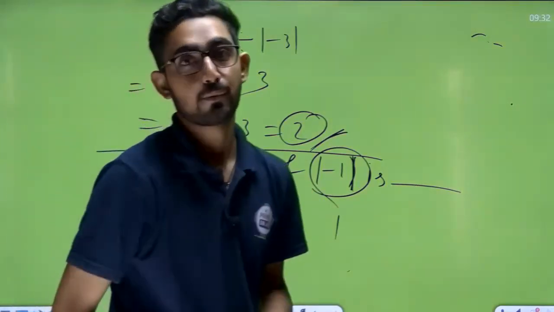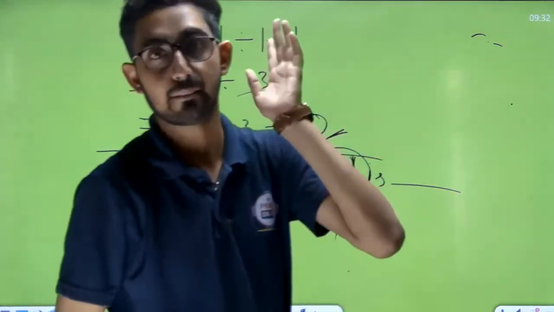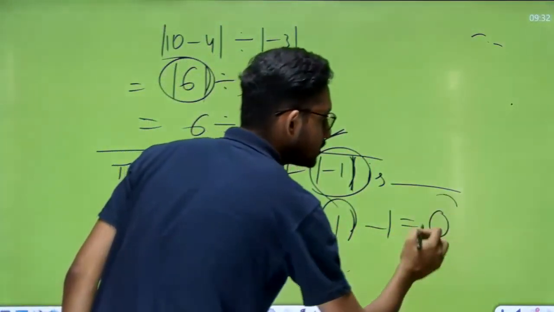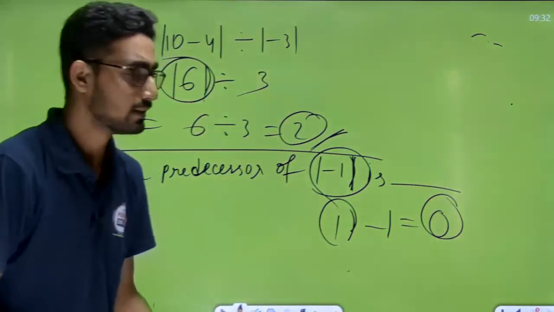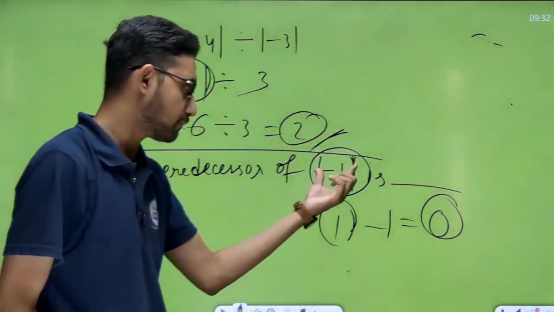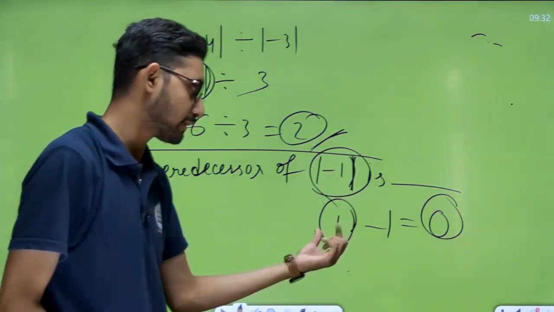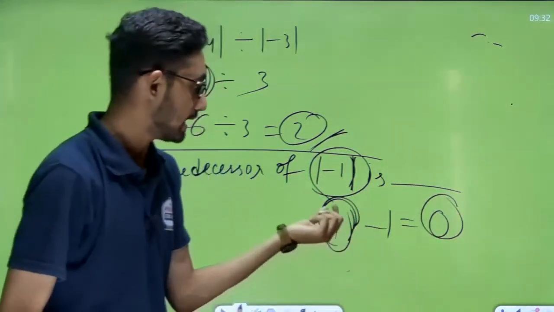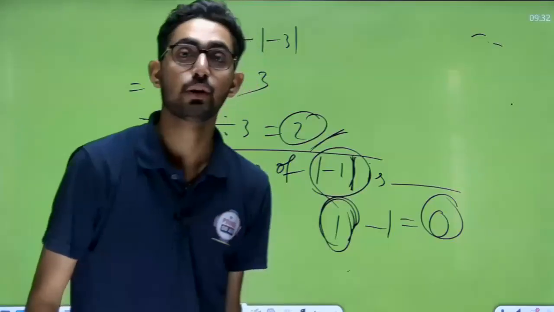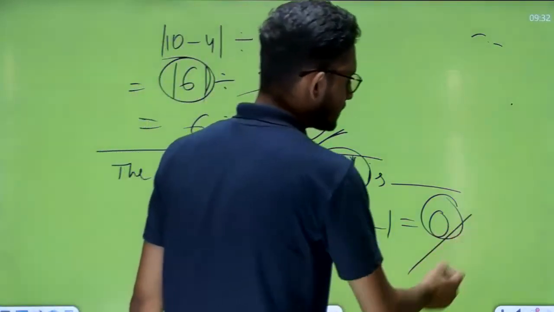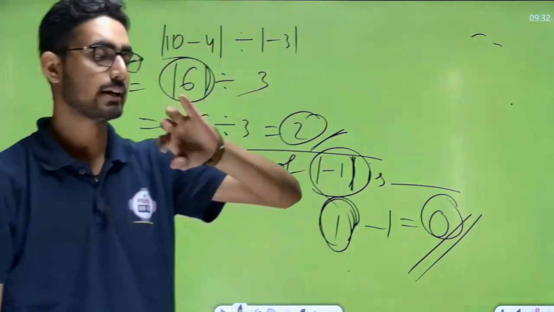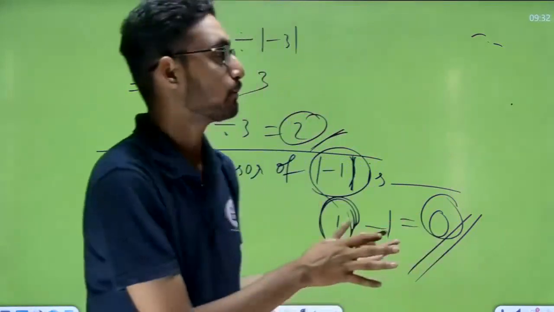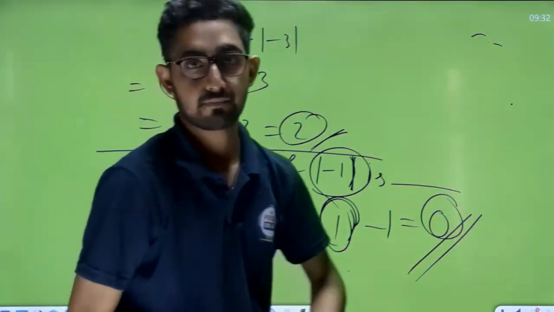Now we will find out the predecessor. And we know when we find the predecessor of any number, it is the given number minus 1, and that should be 0. First of all, I have to find the value of mod minus 1, that is 1. Because we know if there is any number inside mod, it will give a positive result. And 1 minus 1, that should be 0. So that's why we can say 0 is the predecessor of this given number. Okay, understood? Now all of these questions you have to practice properly. Understood? Okay.